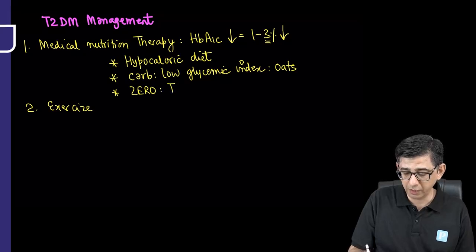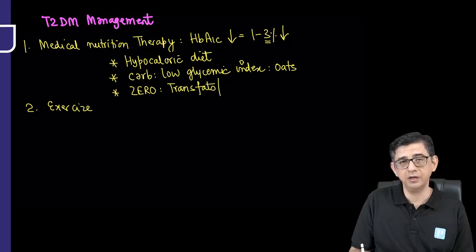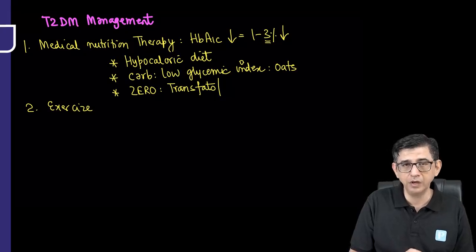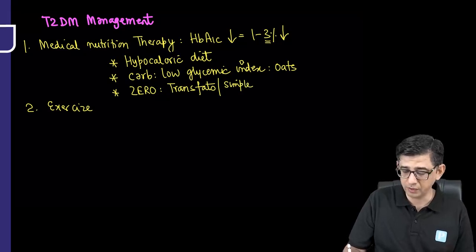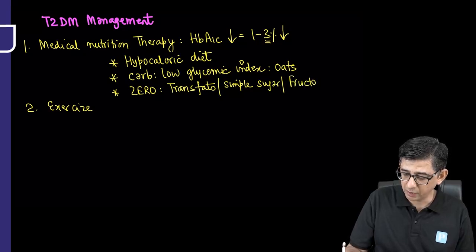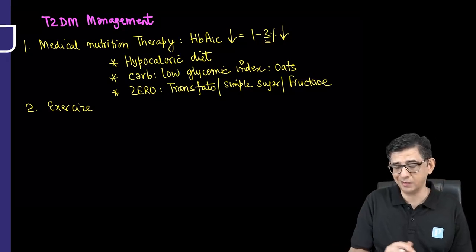zero intake is recommended with respect to trans fats. You are aware that the most dangerous dietary fat that we eat is trans fat. So whether we are taking aloo tikki from a local restaurant, or we are eating an aloo tikki burger from McDonald's or KFC fried chicken, that's going to be loaded with trans fats. So it's zero trans fats. It is zero intake of cola. It is zero intake of Sprite or Coke, etc. So simple sugars are a big no. Intake of fructose, which could be present in a couple of syrup solutions or juices, etc., is a big no for